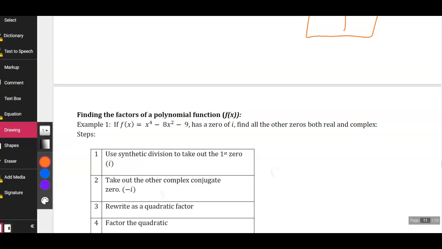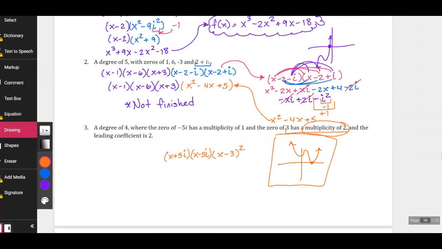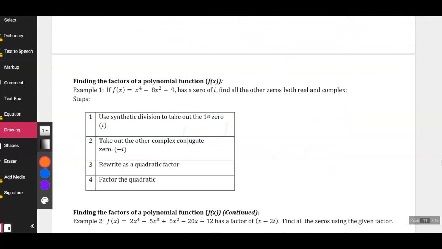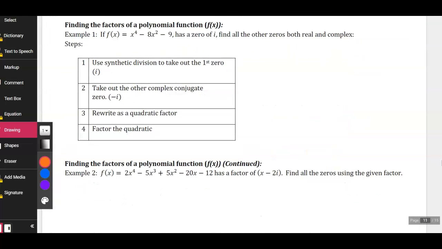All right. Any questions on finding the polynomial given all of the roots? Okay. So now what we need to do is we need to go over